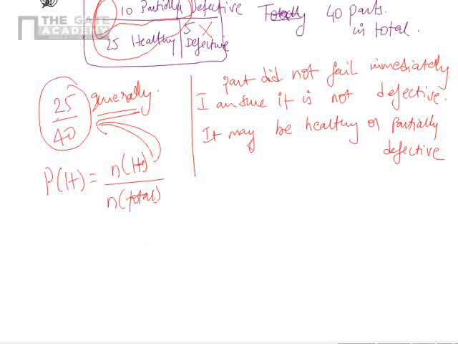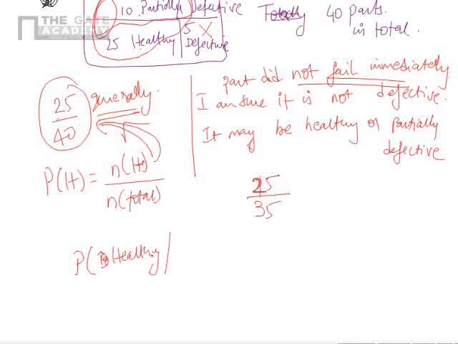But what is told? The part did not fail immediately is told to you. That means you have picked one among these 35. And the probability that it will be a healthy part will be 25 by 35. So this is what is a conditional probability. That is probability, if I write, healthy,